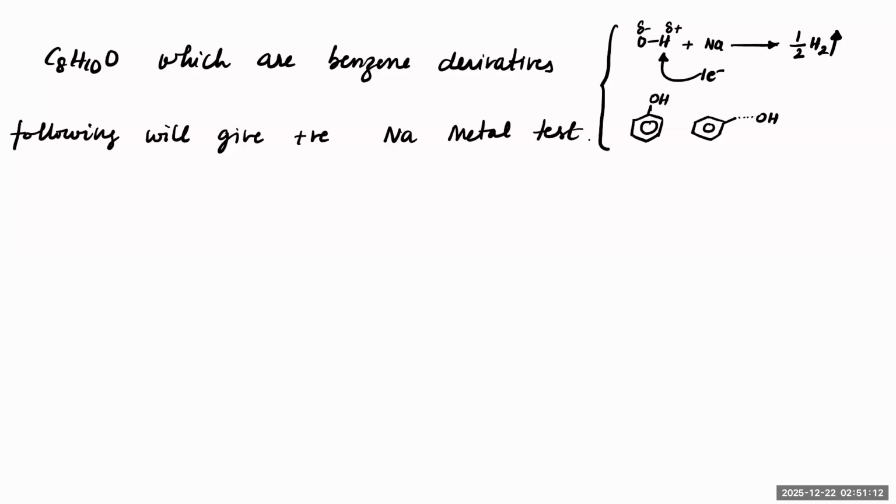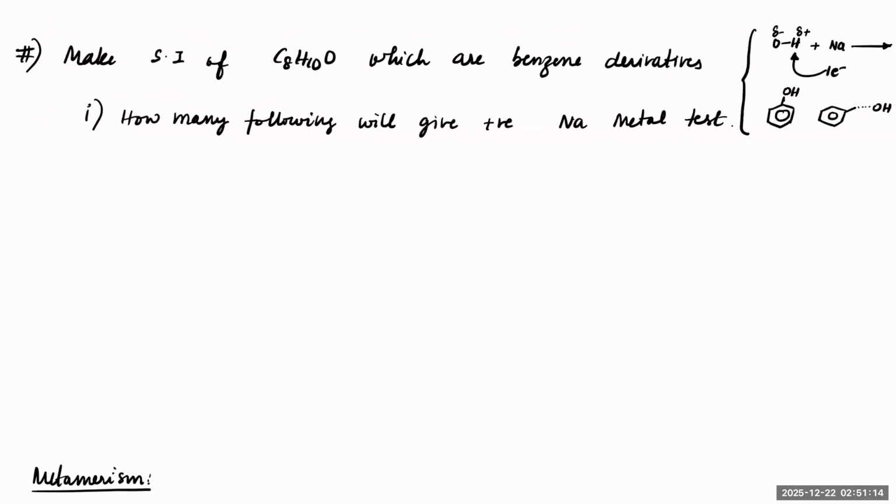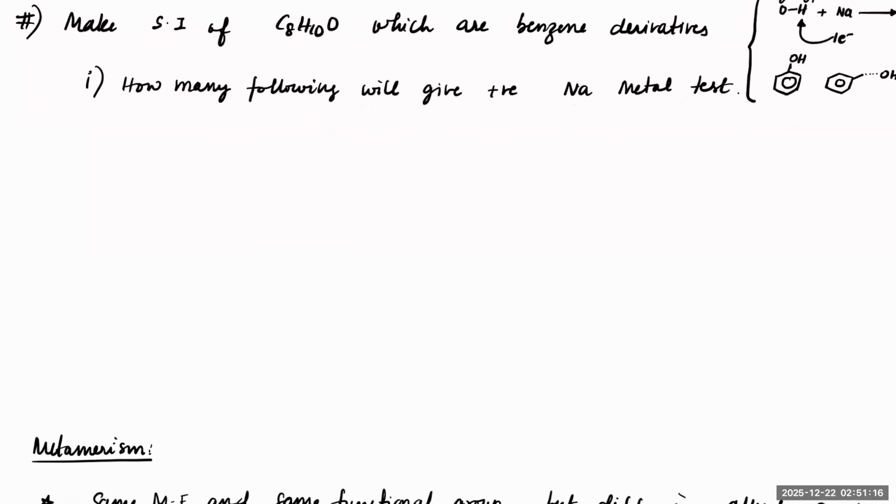Okay. So now keeping that in mind, let's see how many different structural isomers we can get. Let's start with phenol first. So 6 carbons with OH. So 6 carbons are covered. How many are remaining now? We are left with 2 carbons. 2 carbons means ethyl. So I can keep an ethyl at ortho, meta, para position, which makes a total of 3